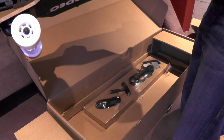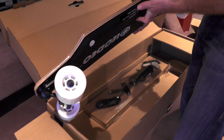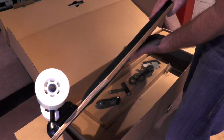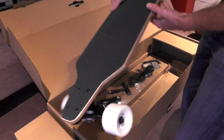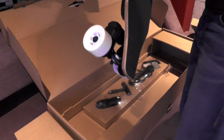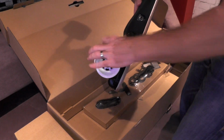It looks like a normal skateboard and most people, when they see you going past, cannot figure out that this is an electric skateboard. They just think, how is that person moving along on what seems to be a perfectly ordinary skateboard. At the back we've got a little protective cover there as well of the belt system,